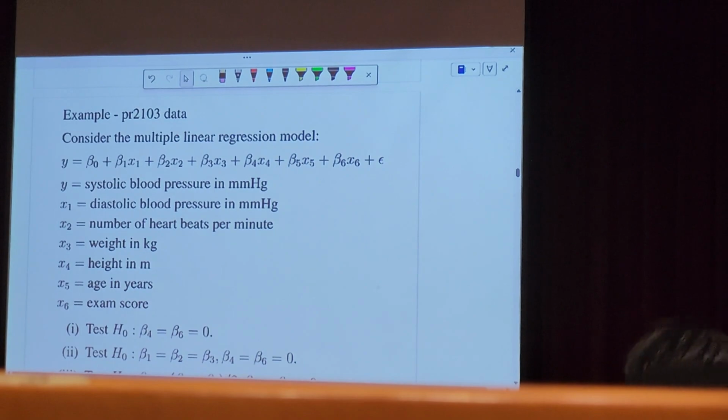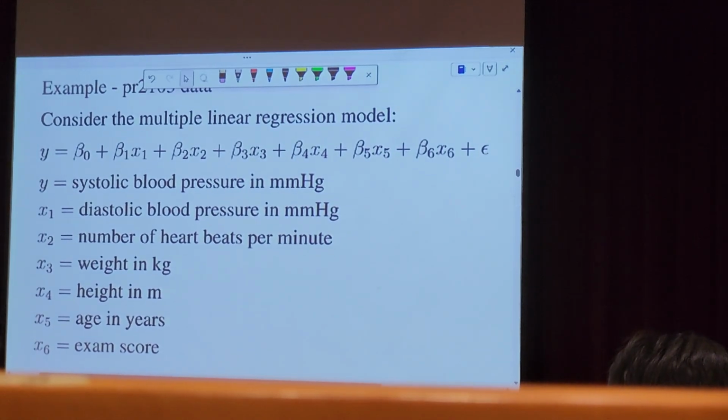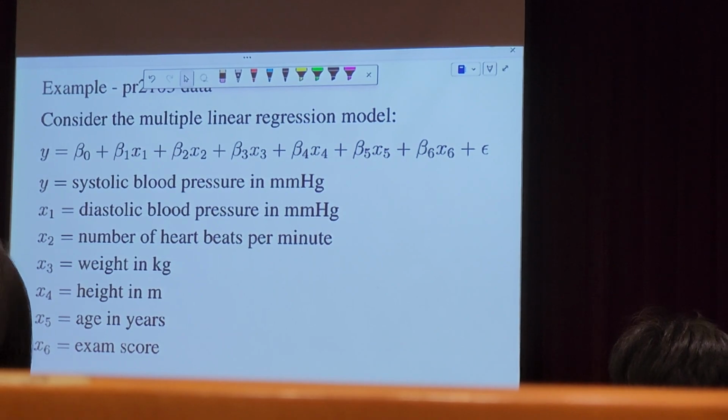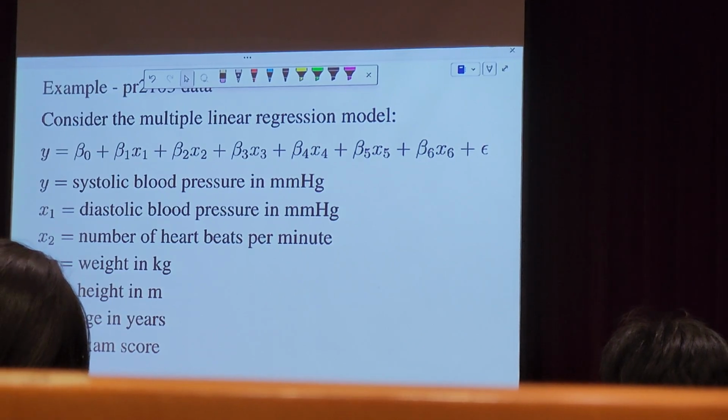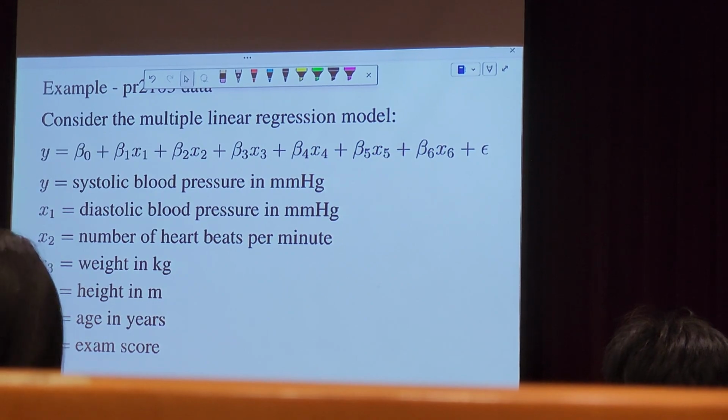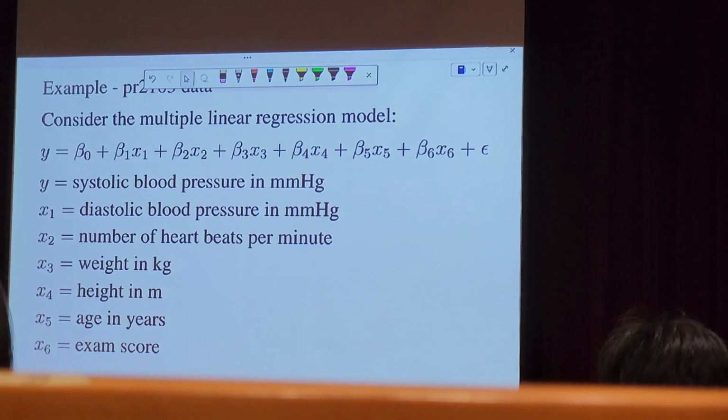So I have Y, the systolic blood pressure that I want to predict. I can predict it using the diastolic blood pressure, or I can use the number of heartbeats per minute, or I can use the weight. All these are useful explanatory variables for systolic blood pressure. The height, age,